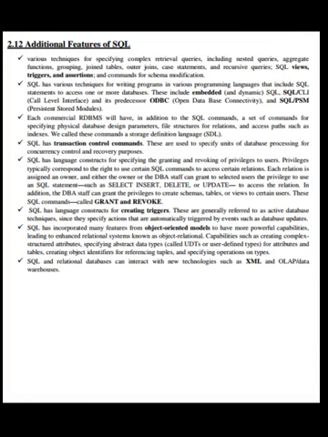SQL has incorporated many features from object-oriented models to have more powerful capabilities, leading to the enhanced relational systems known as object-relational capabilities, such as creating complex structured attributes, specifying abstract data types called UDTs, or user-defined types, for attributes and tables, creating object identifiers for referencing tuples, and specifying operations on types. SQL and relational databases can interact with new technologies such as XML and OLAP or data warehouses.